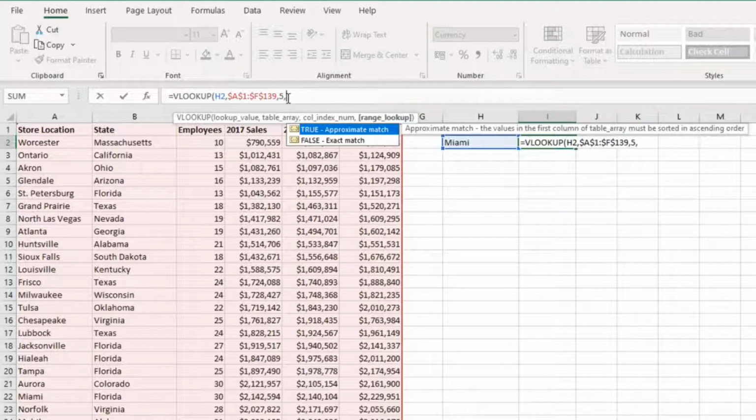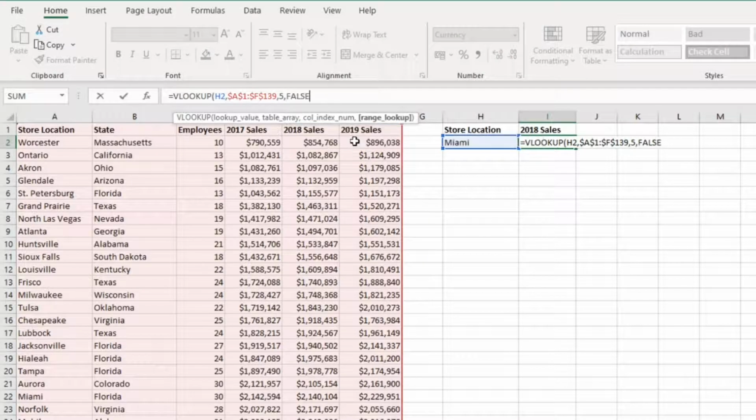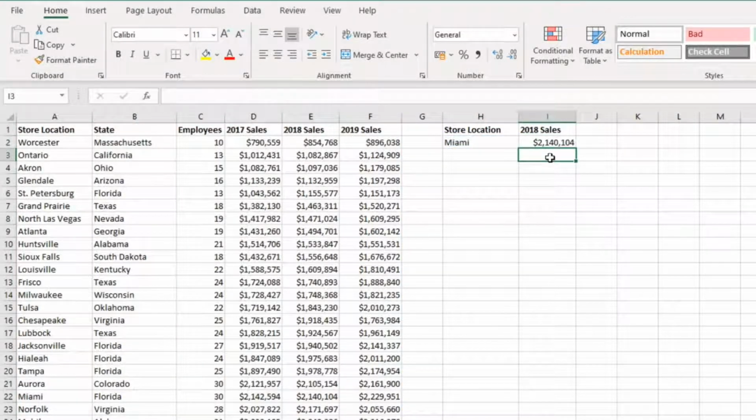Lastly, the range lookup. Now, 99% of the time when you're using VLOOKUP, you're probably just going to want false, exact match, and that will match Miami exactly with Miami in the table. There might be some other cases where you want to use approximate match, but for the most part, you're going to be using false, exact match. So we'll select that, and then we'll close off this function, enter, and there's the answer,